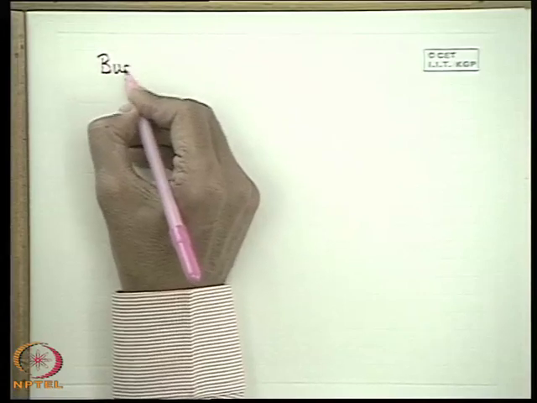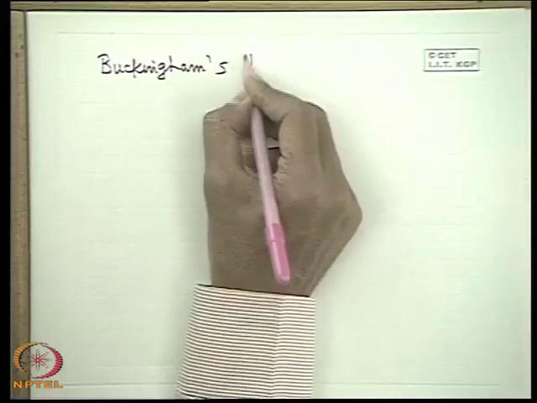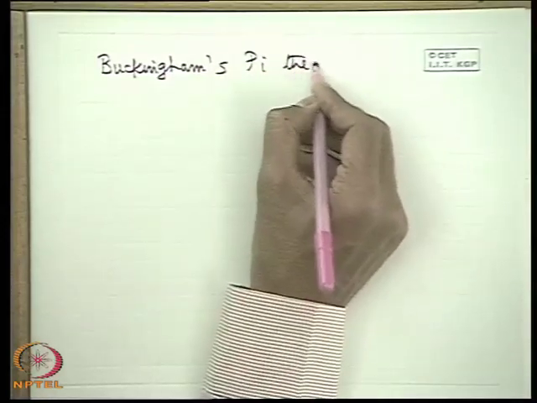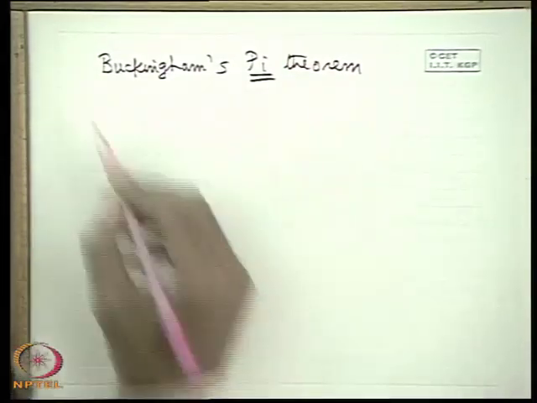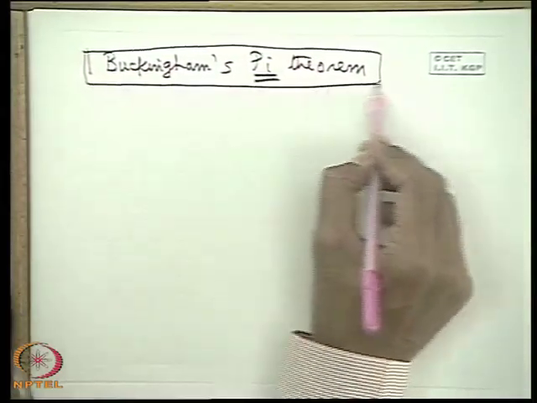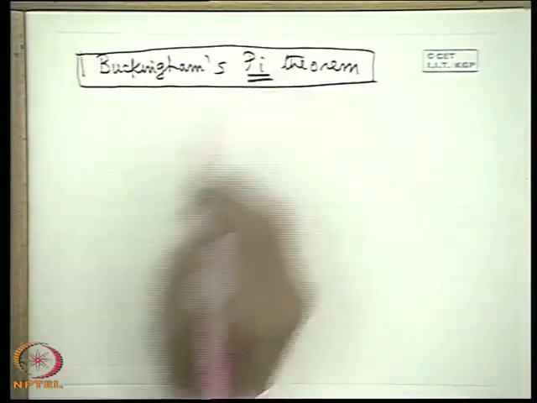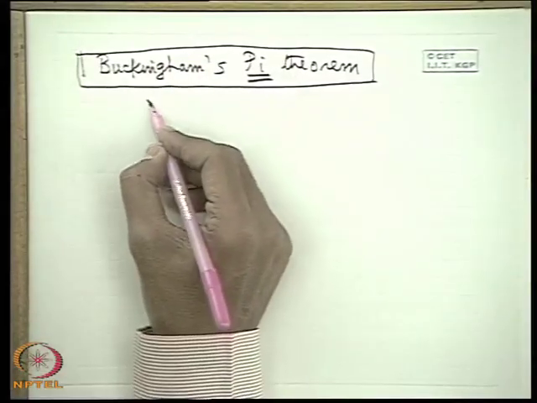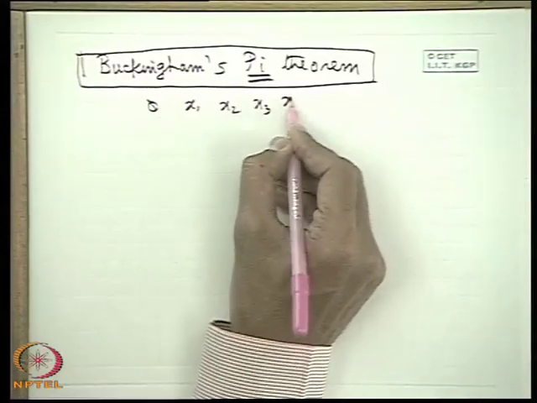And how it is done, you see, the two problems, one is Buckingham's, and this is known as Buckingham's pi theorem. Why does pi come? Buckingham described these dimensionless terms as pi terms. What is this then? Buckingham's pi theorem is the easiest method to develop the non-dimensional terms. Now our basic objective is like that. For example, if any physical problem is described by m number of physical variables.